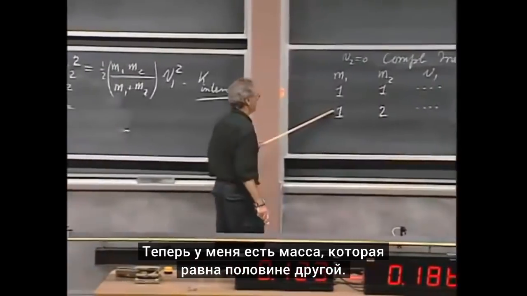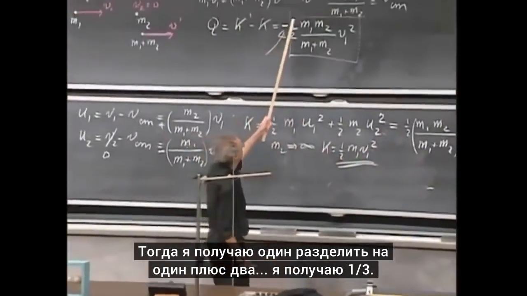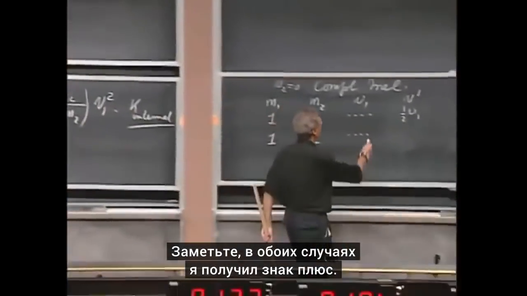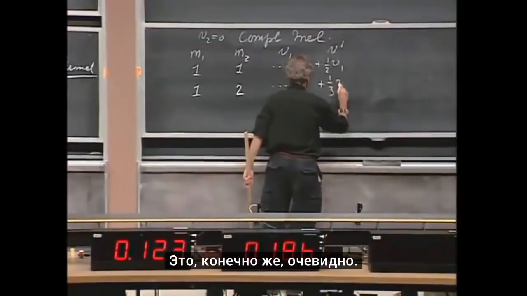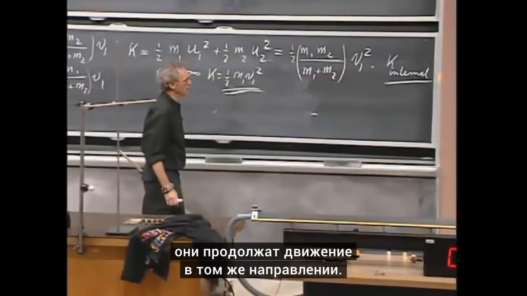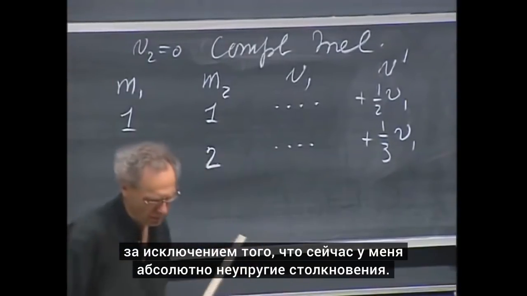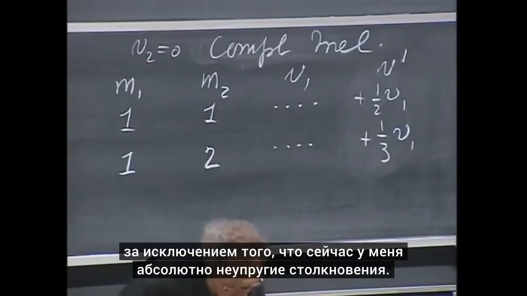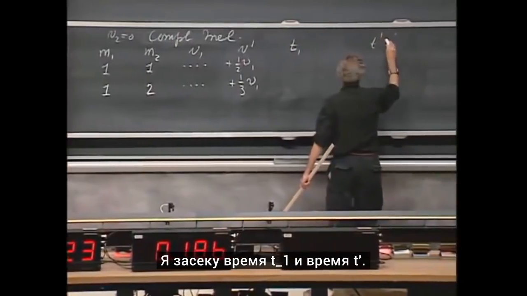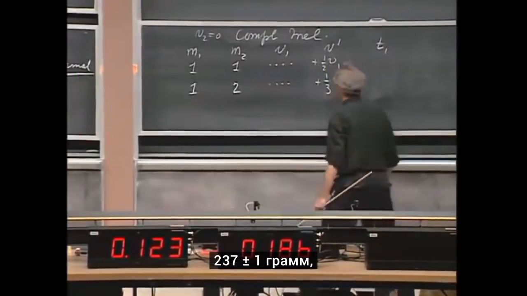Now I have a mass which is half the other one. I plow it into the other. They get stuck together. And now I get 1 divided by 1 plus 2. I get 1/3. Notice in both cases I get a plus sign. That's of course obvious. If I plow into something and they stick together, they continue in the same direction. And so now I will do the timing in exactly the same way that I did before, except that now I have a completely inelastic collision. I will have a timing T1, and I will have a timing T prime. The cars have a slightly different mass,